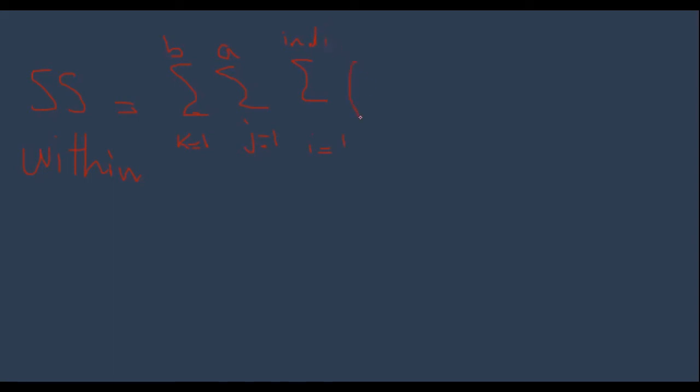Okay, and what we calculate is x_ijk, which is each individual